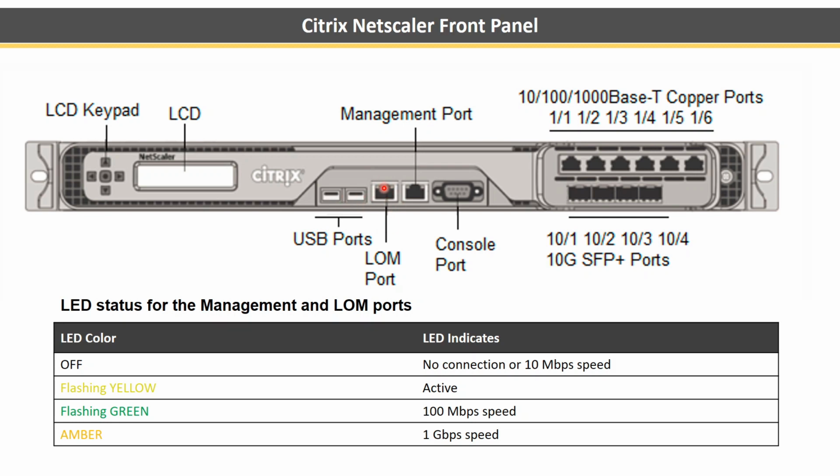This port is an RJ45 port. It is a LOM port. Maybe you have heard of out of band management. This is the out of band management port for the NetScaler physical appliance. And this is the management port. Let's say you gave a NetScaler NSIP 192.168.1.100. By default, this is the default IP. When NetScaler is shipped, you will get the default IP 192.168.1.100. So if you want to connect and manage with this IP, connect your cable to this RJ45 port.